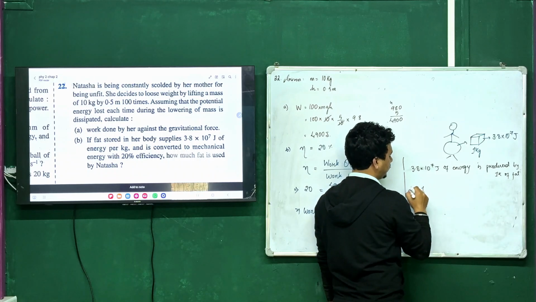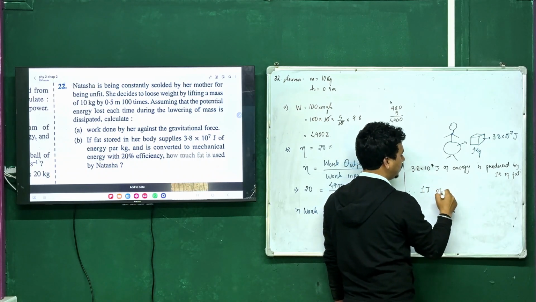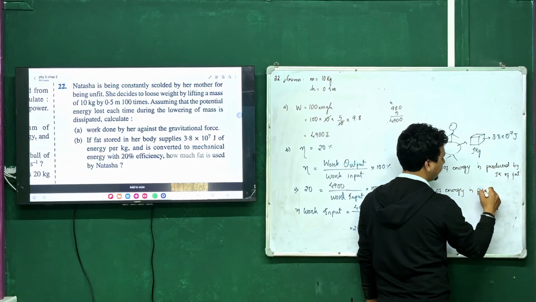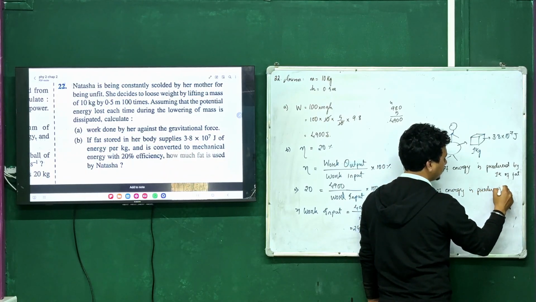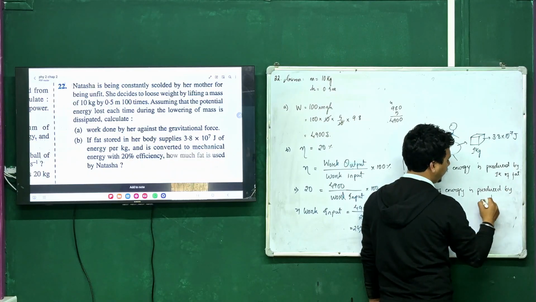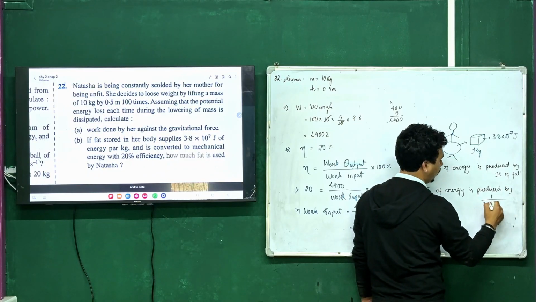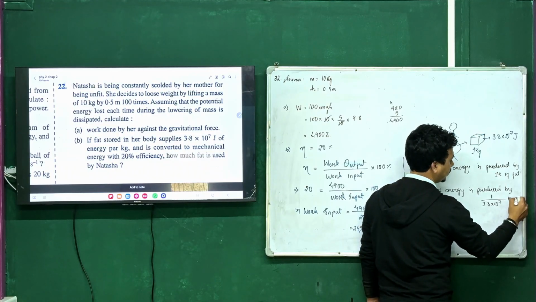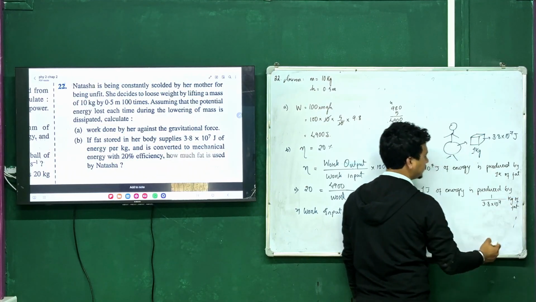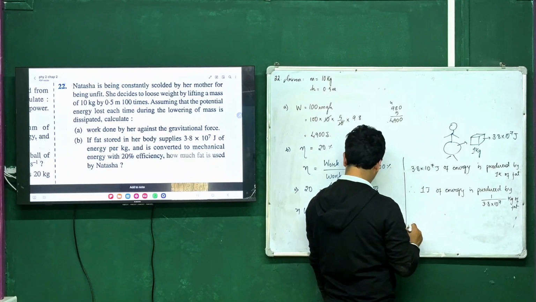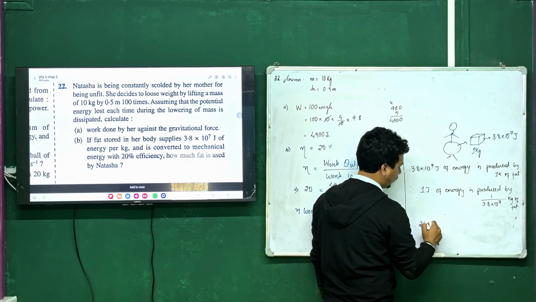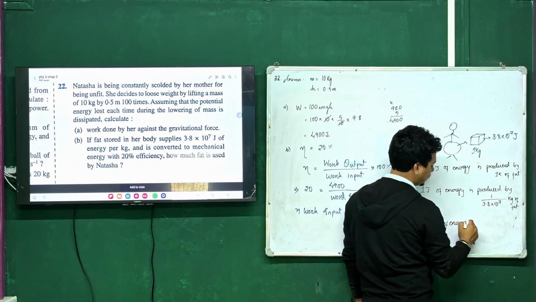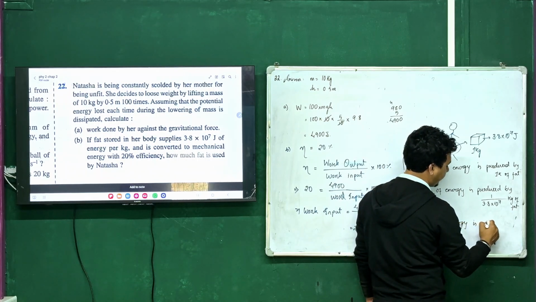So that means, elementary method, 1 joule of energy is produced by 1 divided by 3.8 into 10 to the power 7 kg of fats. And finally, therefore, 24,500 joules of energy is produced by